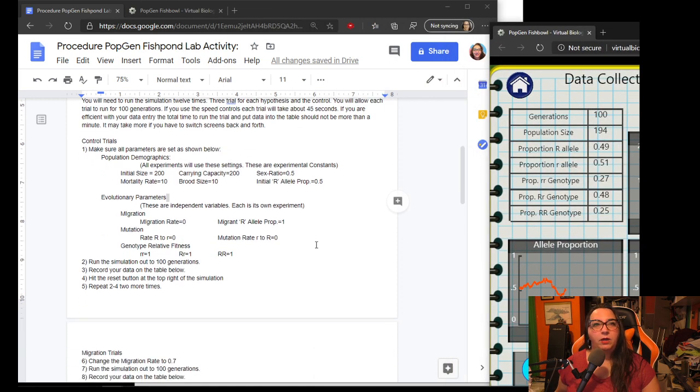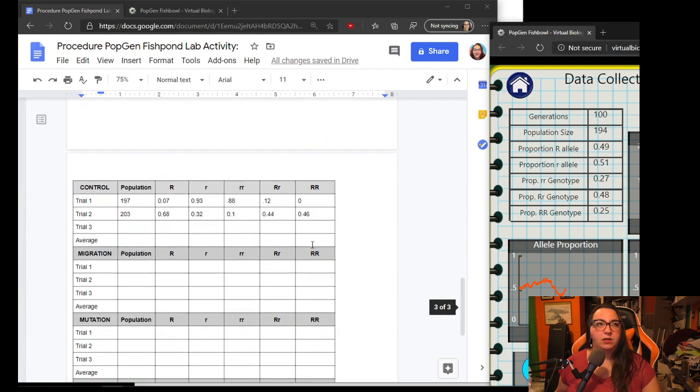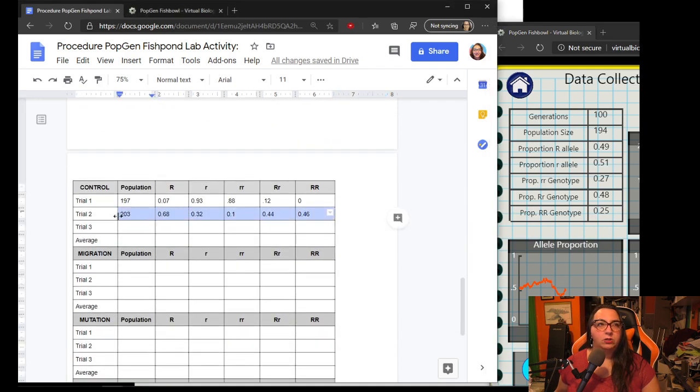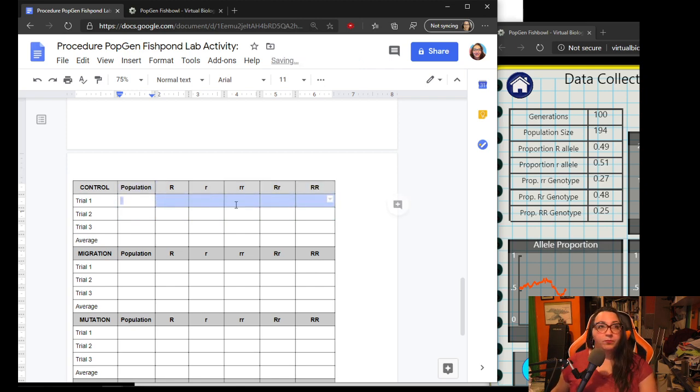And now I can move down to the data table. Entering the data should be pretty simple. I've got data from my trial here. Our population size, we enter that in, is 194, and you just tab across, is